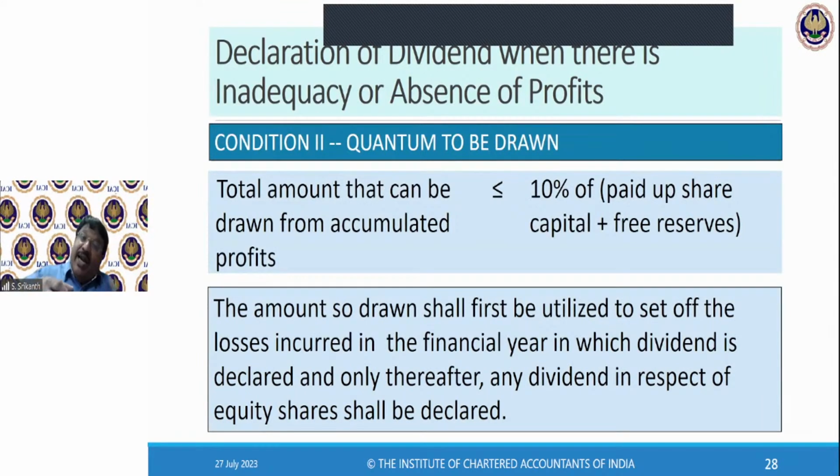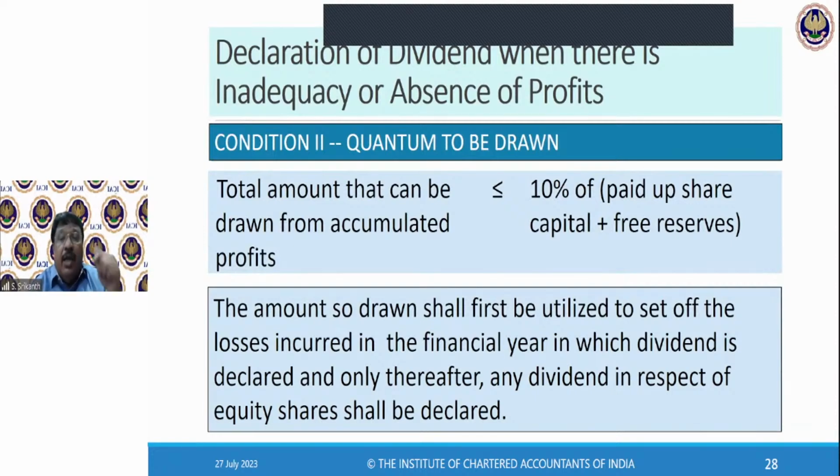So whatever rate you are going to declare, if you calculate the dividend on the face value, on the nominal value, an amount will be there. That amount cannot exceed 10% of paid up share capital plus free reserves. Clear? Now, not only that, the amount so drawn shall first be utilized to set off the losses incurred in